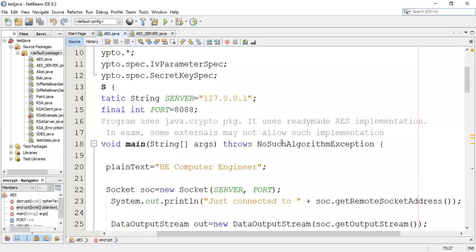Why? Because they need some different values. What they need in an examination, suppose this is a program that I have taken, that has used this javax.crypto package. This program uses this package, because of that package's content, all the implementation that you have implemented in the program. Now suppose you want to modify it. At that time you don't have to use this package.